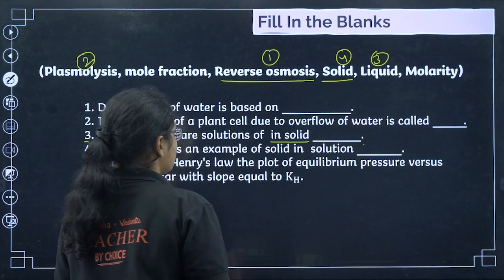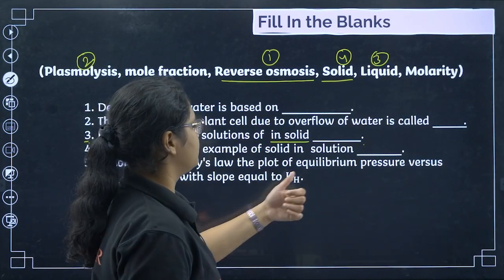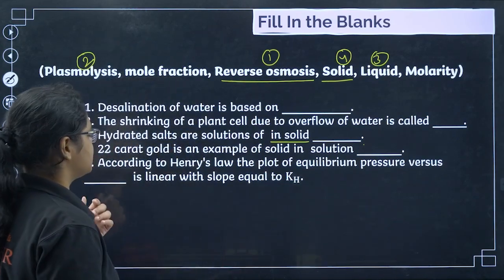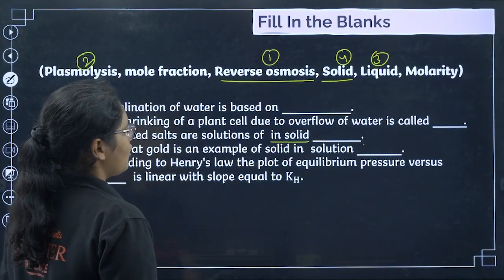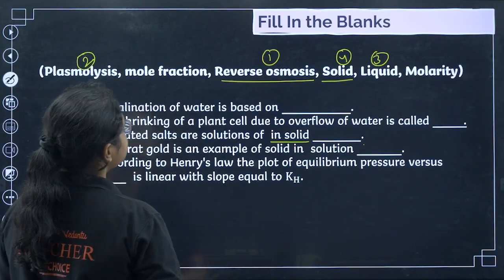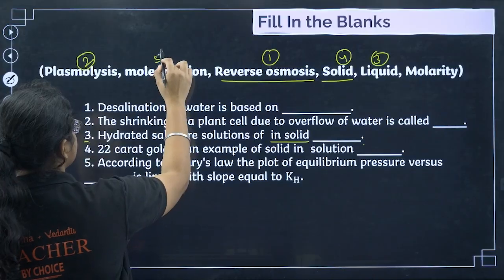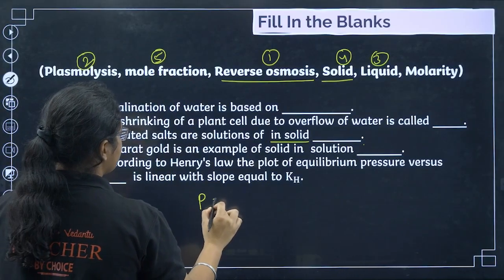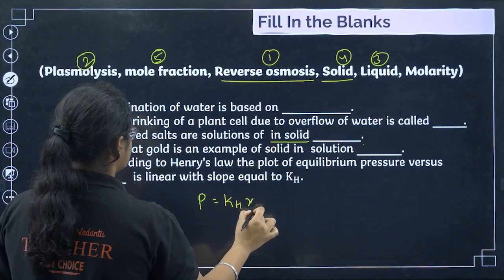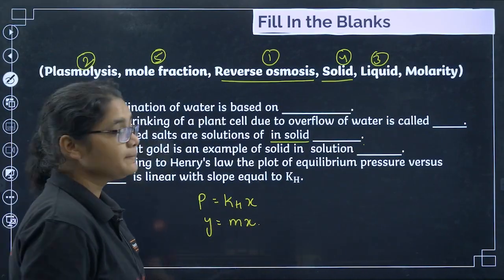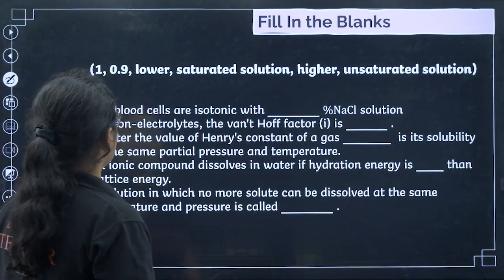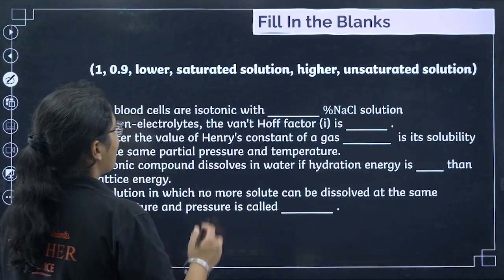Okay. Next, according to Henry's law, the plot of equilibrium pressure versus dash is linear with the slope equal to KH. The plot of pressure versus mole fraction. Okay, so this is 5. So if you have seen this, P is equal to KH into x, so we can draw y equal to mx here, right? Moving to the next one, red blood cells are isotonic